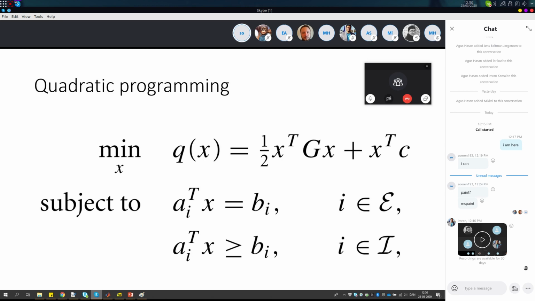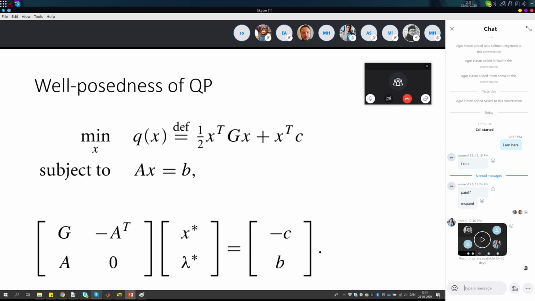Now, if you read the books in section 16.1, the main point of chapter 16.1 is they present a proof that if we have this kind of problem, then you can be sure that the solution exists. Okay, so this is the problem that is discussed in section 16.4, and how to do that is by looking into